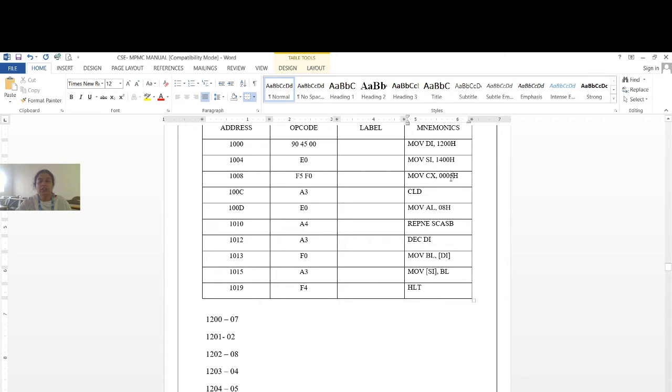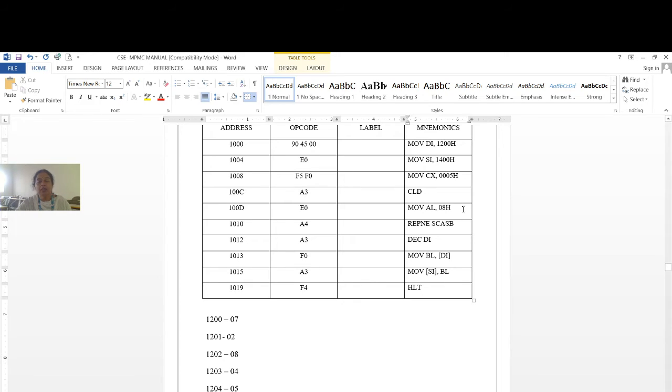Here the counter is CX. This SI is for storing the character we have searched. We are going to search a character, and the result is stored in memory location 1400. The array count is 05. Clear direction flag means we are going to search from 1200 to 1204.